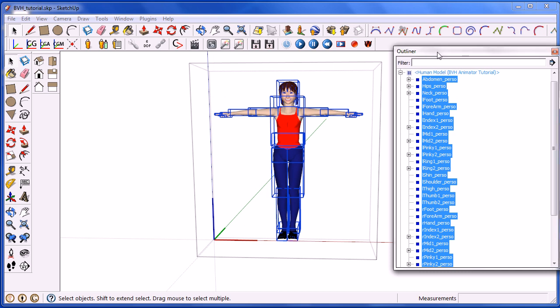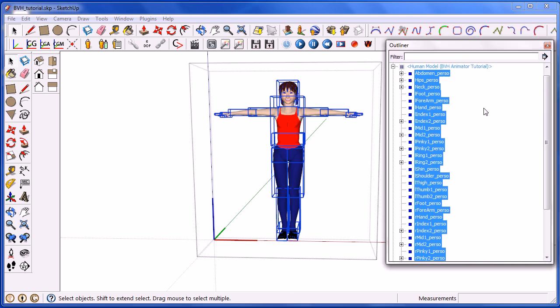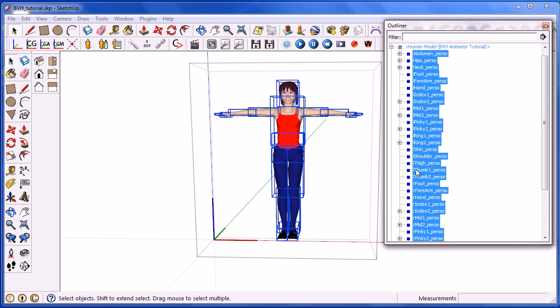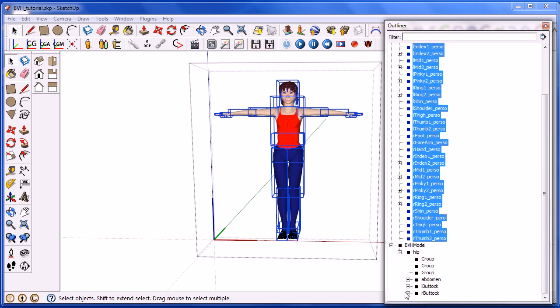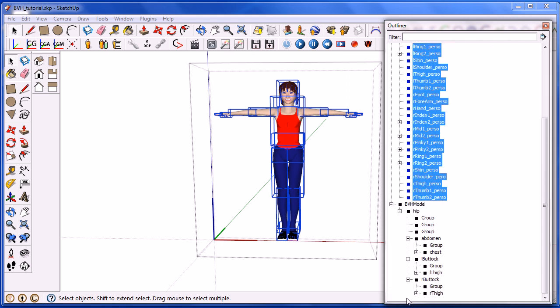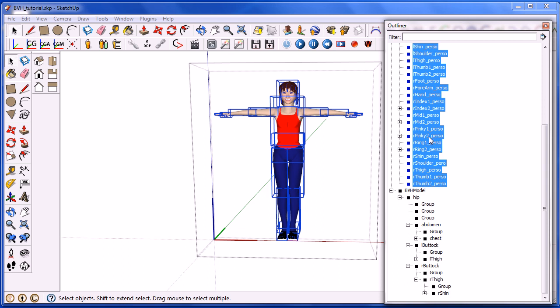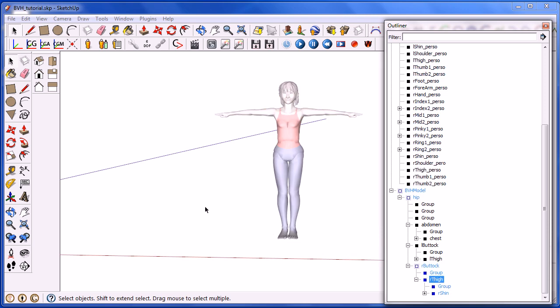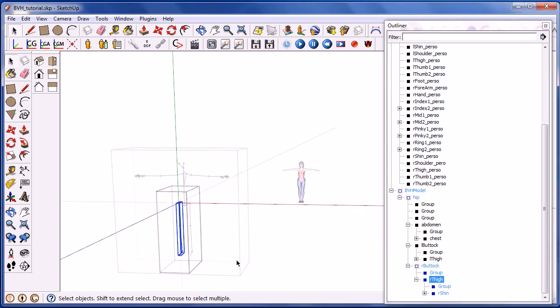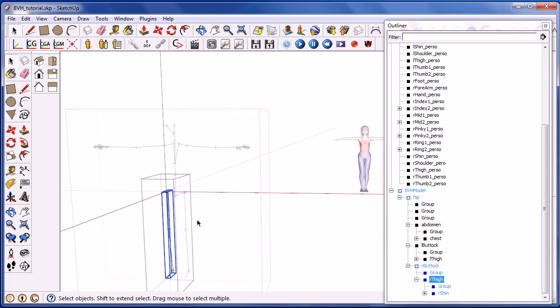Reopen the Structure Outliner and scroll down the hierarchy of the character and the skeleton. You will find that we have named the limbs of the character with the same name as those of the skeleton in order to link them more easily later. The only difference is that we have added a postfix "character" in the case of the character. For example, the left forearm of the character is named L4arm character, while the left forearm of the skeleton is simply named L4arm.